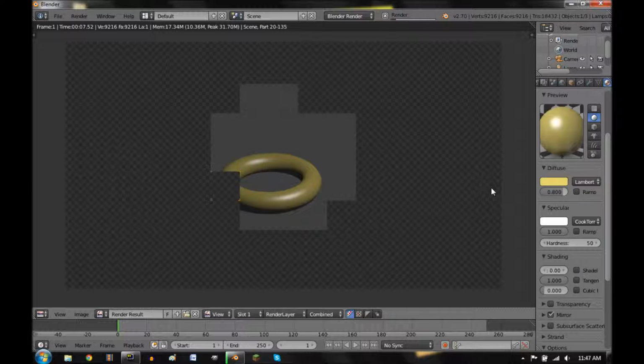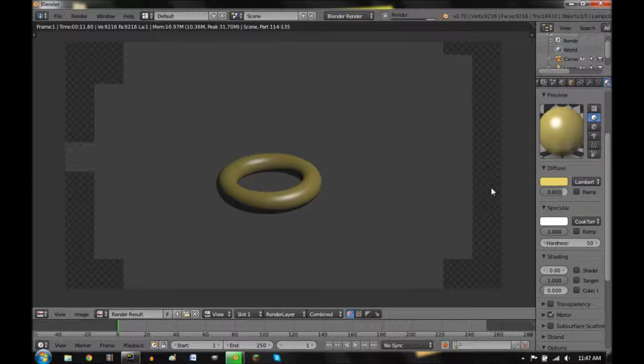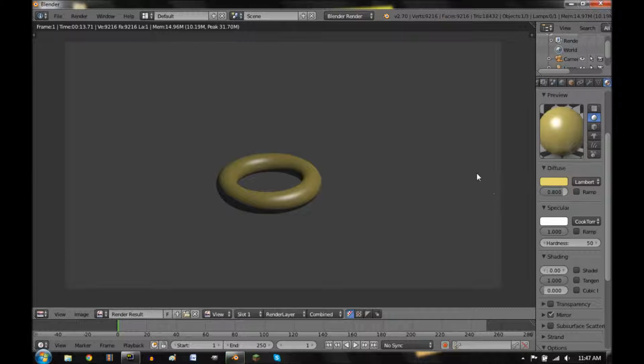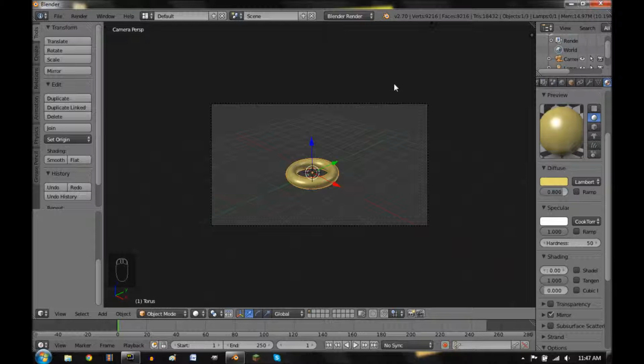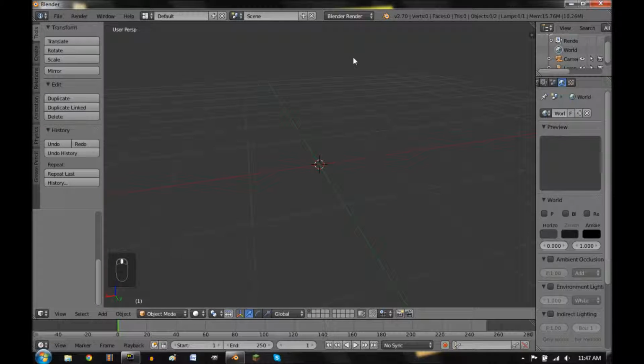It's not reflecting anything now because it doesn't have anything to reflect, but it would in the scene. There are other tutorials on how to make gold and silver textures or whatever, what have you. Cycles render can do that a lot better since it's more realistic. I'm not going to get into that. I'm mainly just going to do Blender render. Yep. Okay, so now